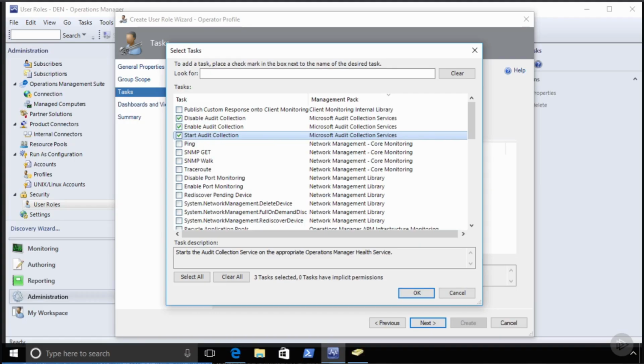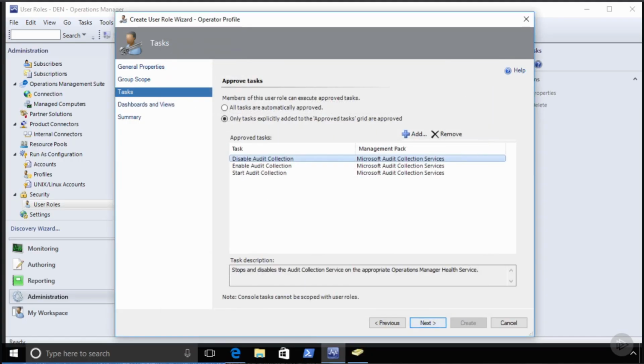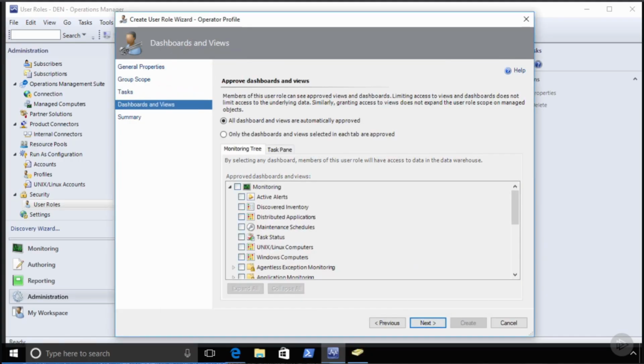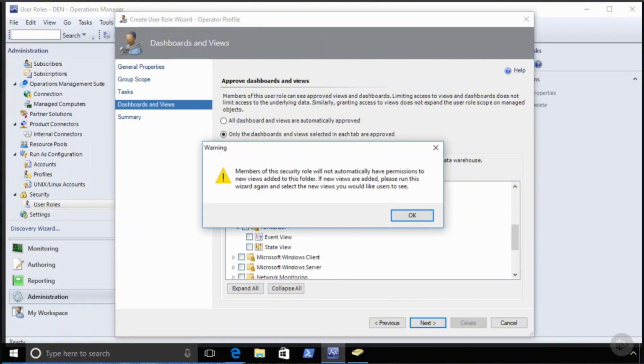I don't actually know if these are the right ones for my auditors, but for the purposes of this example, let's assume that we are aware that they need to disable, enable, and start audit collection on various machines. Let me choose OK here, and then Next. Here I identify which dashboards and views those users should have access to. By default, they have access to all the different dashboards and views, again constrained by their group scope. But let me limit things down to just the items that exist in Microsoft Audit